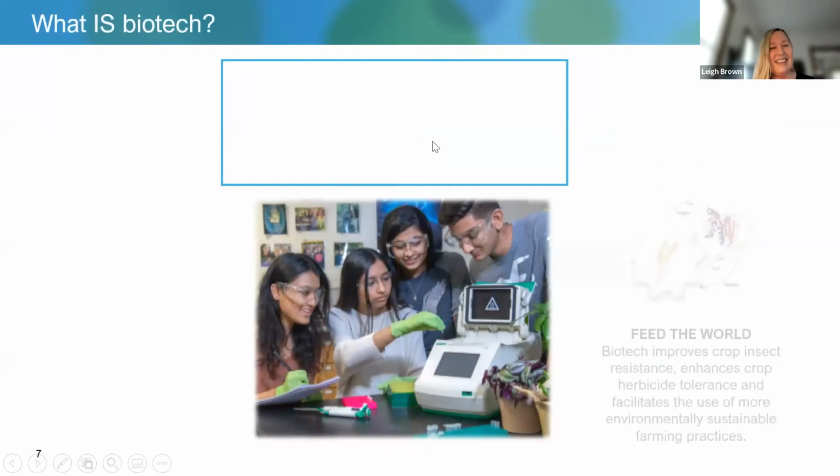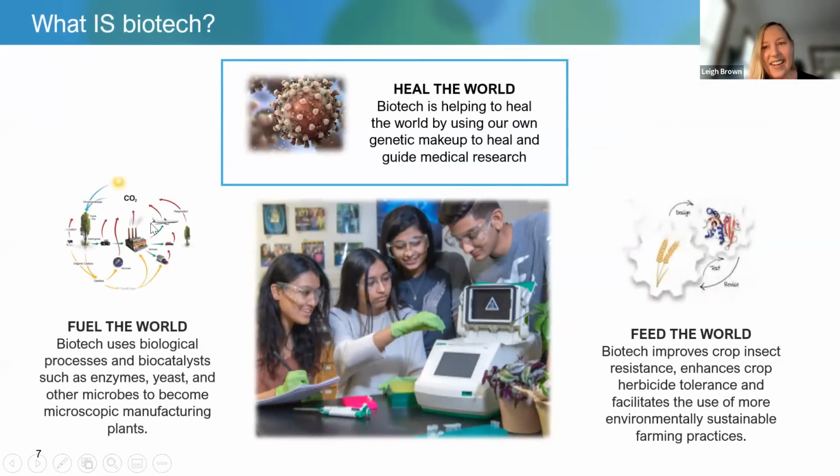So we are seeing this whole, let me get this out. When I'm talking about biotech to people who are not sure what that means, as a teacher, you probably do have a good understanding of it, but a lot of parents and guidance counselors and your district level administrators might not understand what biotech is. I usually just describe it as the science behind all of these other sciences that they're already familiar with. So they're probably familiar with forensics, they've seen CSI or something similar. The science that they're doing in the lab, that's all biotech. A lot of the research that goes on behind the health science is biotech, and the diagnostics and treatments,